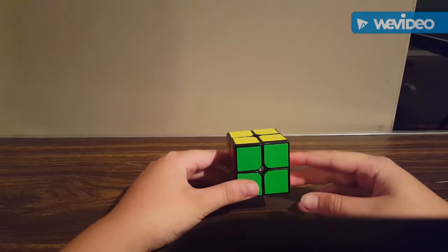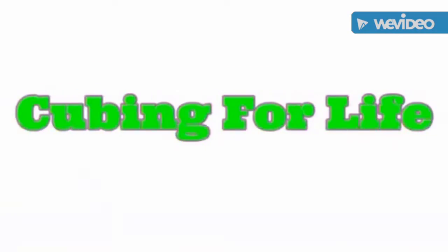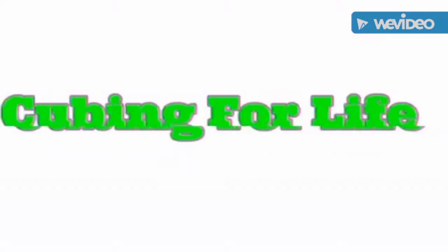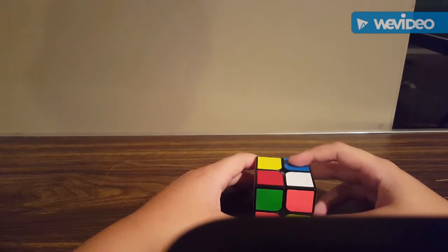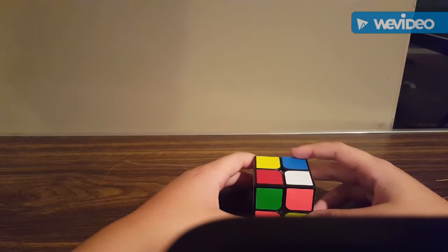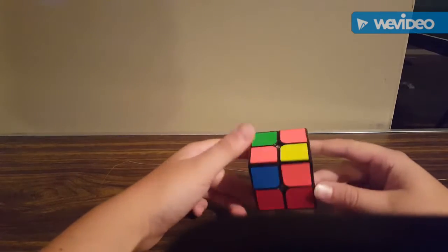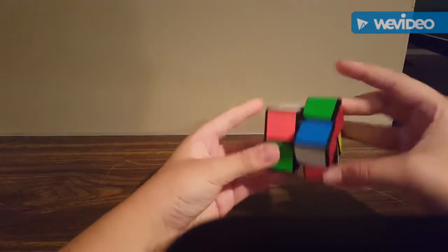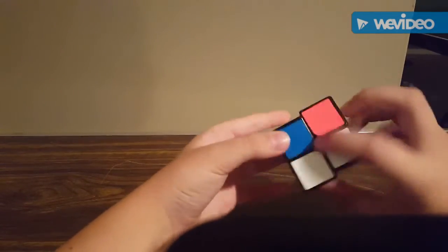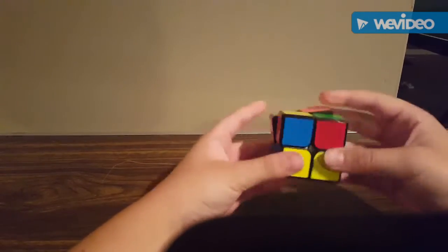Today I'm going to be showing you the Ortega method on 2x2. Before we start, I recommend you already know layer by layer. If you don't, go check out my video on it. On layer by layer, you have to get a layer like this, all the colors matched, but on Ortega,